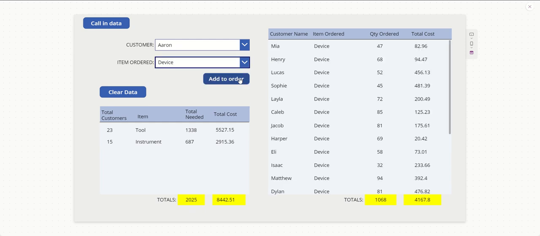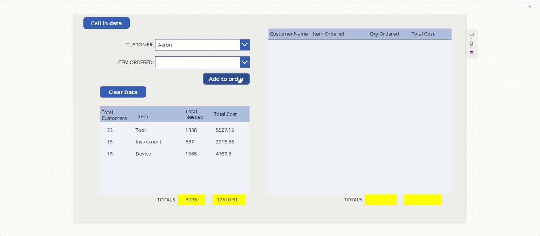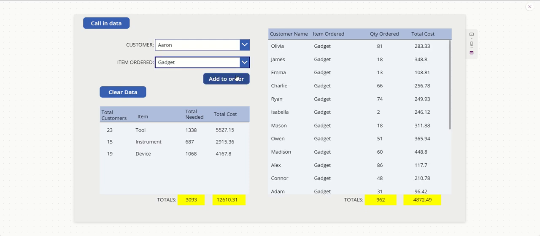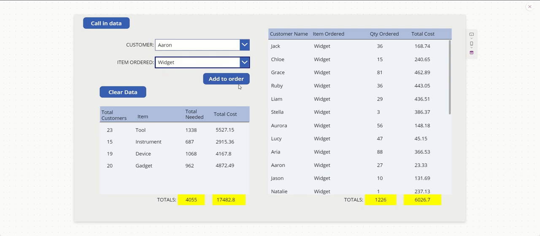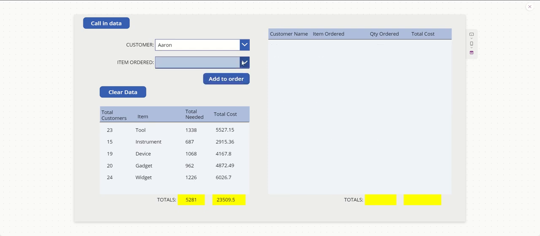We got device. Let's add device to order. Let's add gadget to order. And let's add widget to order. So there we go. Now we know we need 1,338 tools at this cost to the customer, and this is our total products that we need to order for